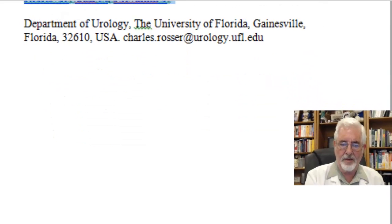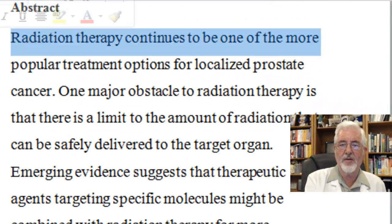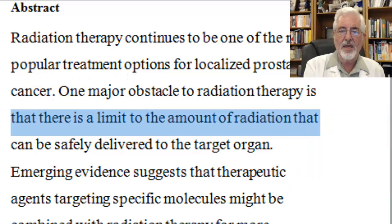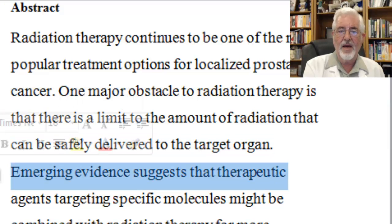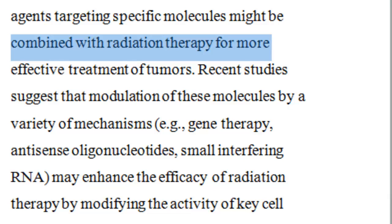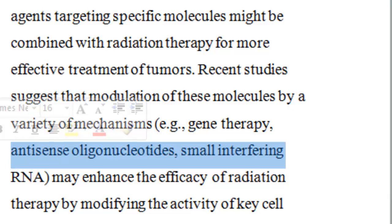Let's look now at the abstract. Dr. Rosser states that radiation therapy continues to be one of the more popular treatment options for localized prostate cancer. One major obstacle to radiation therapy is the amount of radiation that can be safely delivered to the target organ. Emerging evidence suggests that therapeutic agents targeting specific molecules might be combined with radiation therapy for more effective treatment of tumor. Recent studies suggest that modulation of these molecules by a variety of mechanisms, by gene therapy, antisense oligonucleotides, small interfering RNA, may enhance the efficacy of radiation therapy by modifying the